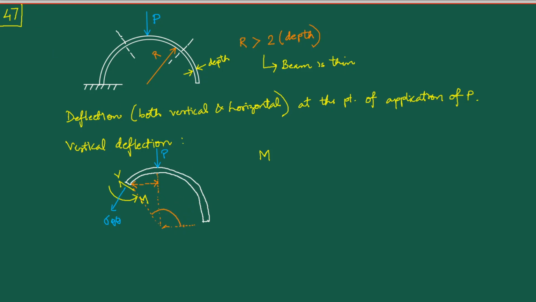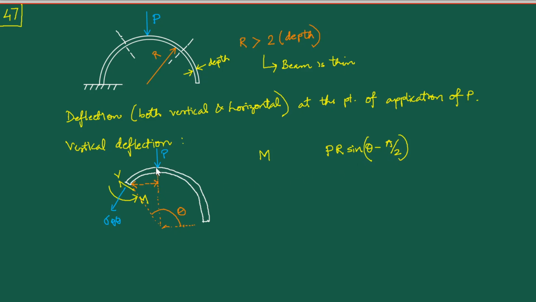If this entire angle is theta, then this particular thing is theta minus pi by 2, and this radius of course is capital R. So this distance is going to be R times sine theta minus pi by 2. So let me write that down. So force and the moment arm, that is R sine theta minus pi by 2,